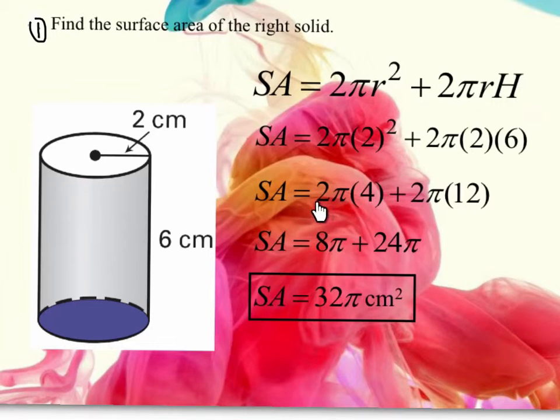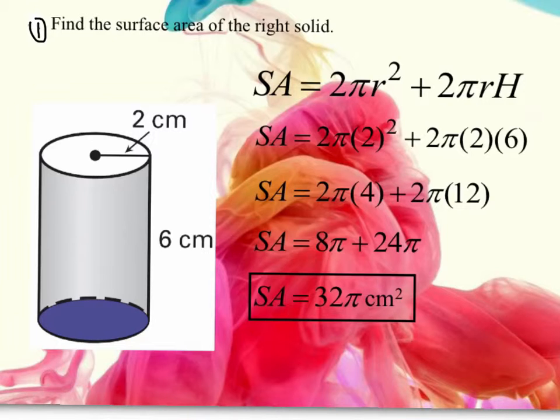We'll multiply 4 times 2, and we get 8 pi. And then 2 times 12 would be 24 pi. And since pi, we can treat it like a like term, we'll combine, and we give our answer as 32 pi. Now notice this is our answer in terms of pi. So I'm going to take out my calculator, and I'm going to give my answer in terms of decimals. So I'm just going to do 32